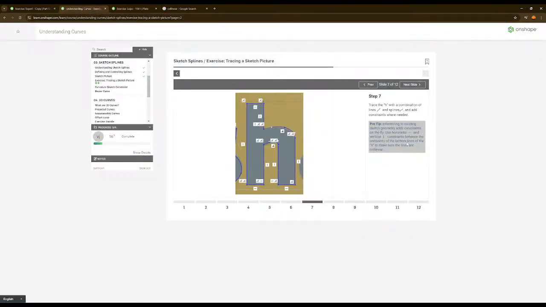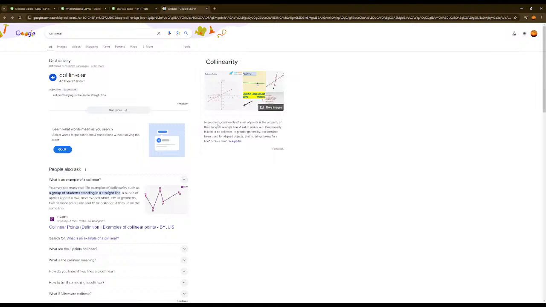And what was it saying? The lines are. So to make sure the lines are a set of points, property of they're lying on a single line for aligned objects.